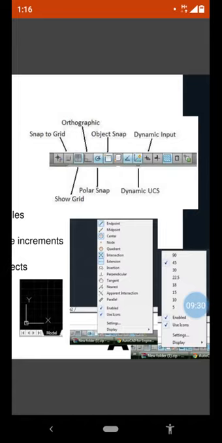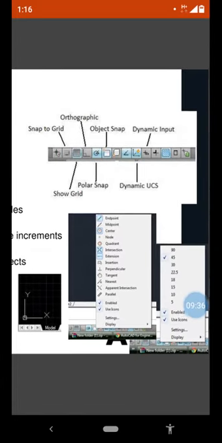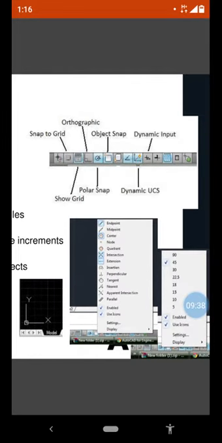So while drawing we always need to check whether dynamic input is on, whether snap is on, and whether orthographic is on. These three are like a checklist. Whenever you start a new drawing, check whether snap to grid, orthographic and dynamic input are on. Generally these are very common things, and we use them very regularly.